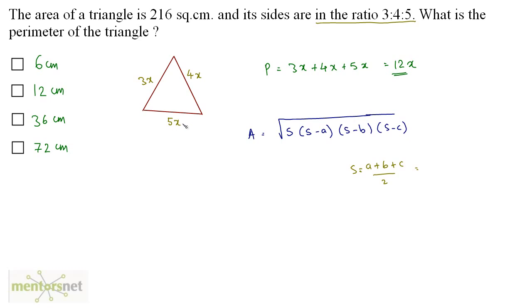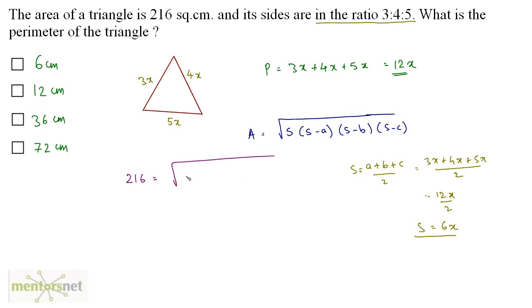That's 3x, 4x and 5x. So 3x plus 4x plus 5x by 2. That's 12x by 2 and that's 6x. Okay, now put the value of s in this formula and the value of a, b and c. And we have been given the area, by the way. So area is 216, which is equals to